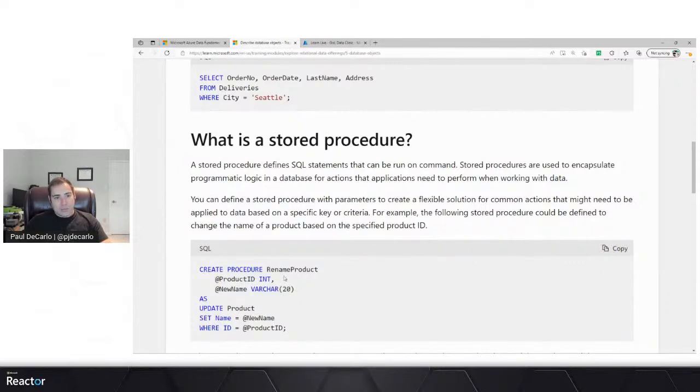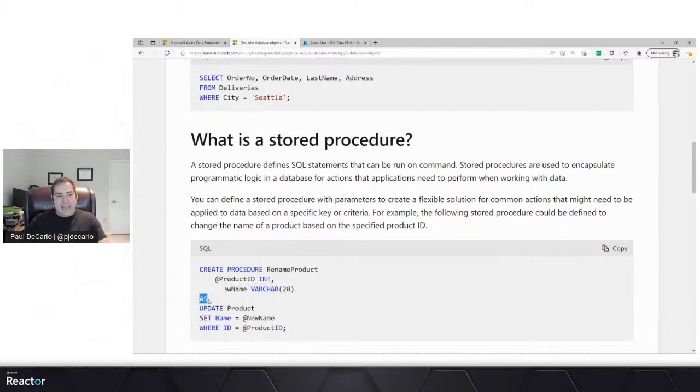This is a way to run essentially programmatic logic in a database. What it looks like to create one of these, you'll use the syntax create procedure, name that, and then have essentially a parameter name and the type that it takes. So if you've ever done any programming in any popular declarative languages, this probably looks familiar. It looks like creating a function. And more or less is essentially like that.